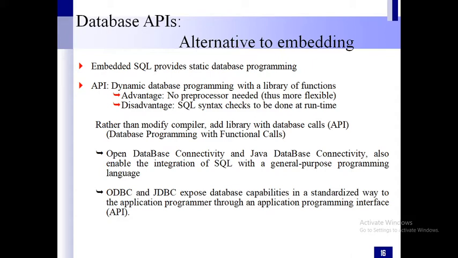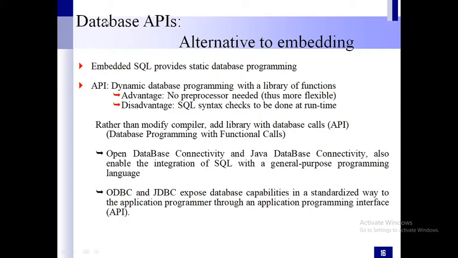Whatever SQL command you write will be checked or compiled during the runtime. But embedded SQL is static. If you use APIs, at runtime it will check the syntax of all SQL commands, and there is no preprocessor.